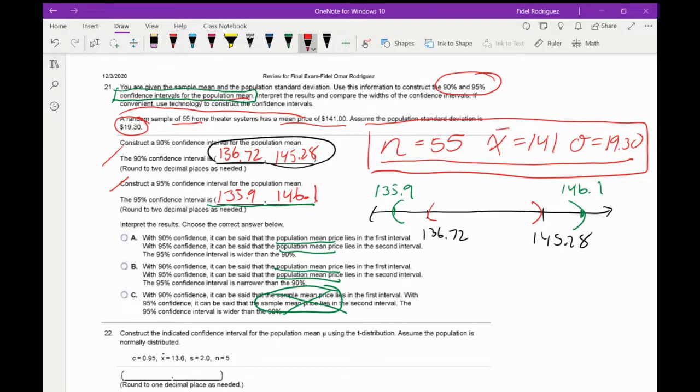Which one would you say is wider, the red or the green? Green. The green, right? And that's the 95%, right? So we're going to choose A because the 95% confidence interval is wider than the 90%. Does that make sense on how we went through that one? Yes. Yeah, good. So guys, the one thing I really want to mention, and like I mentioned this before, hold on guys,